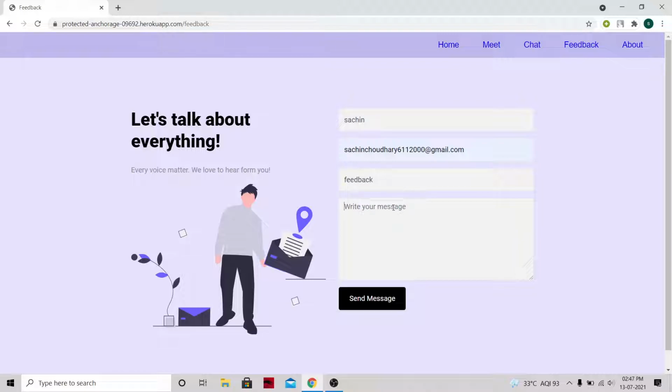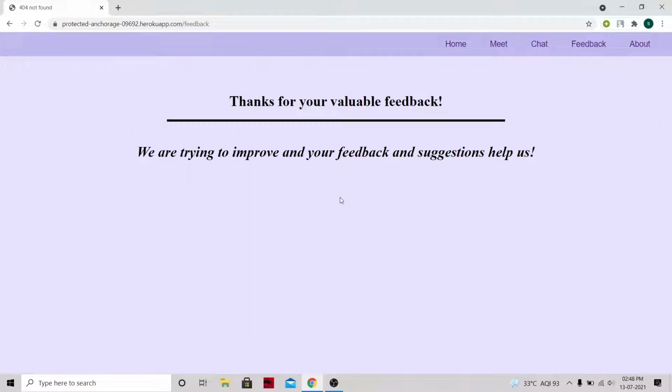Then I will enter my feedback, whatever I want to enter. And then I have to click on the send feedback option. Then it will thank us for providing our feedback.